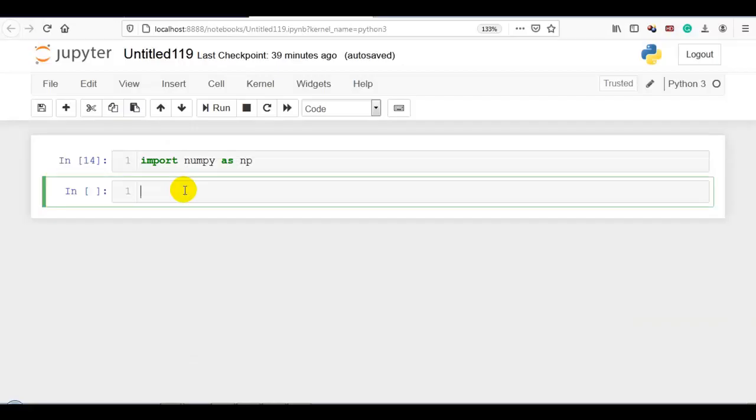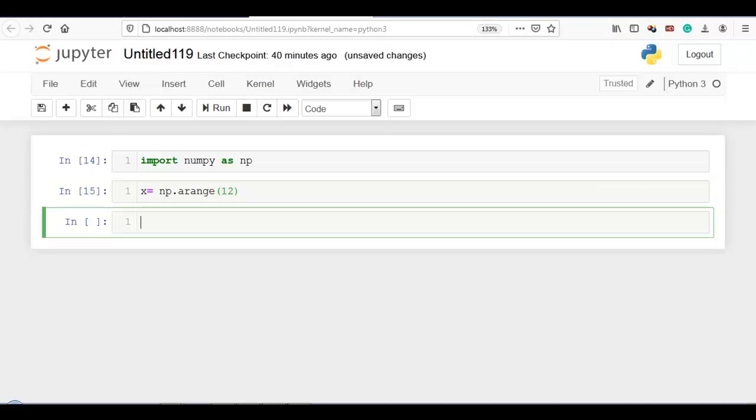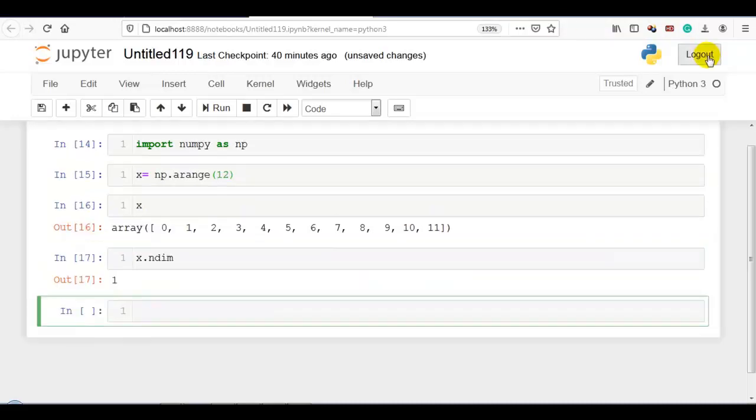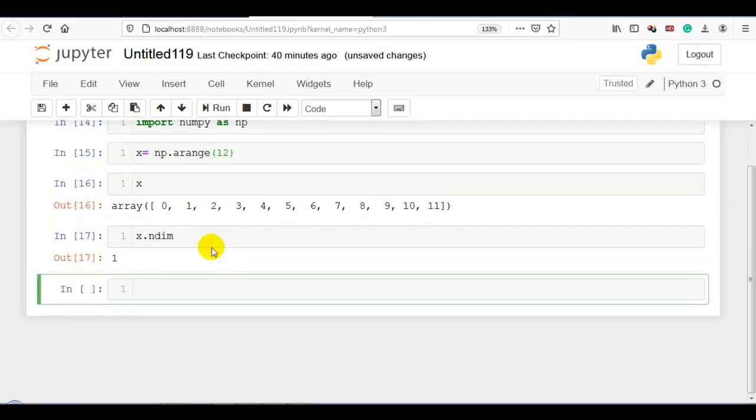Okay, now let me explain another way to use the reshape function. To explain this, let me first create a 1D array using arange of 12 elements. It's a 1D. Up to now we have been using the reshape function like this: np.reshape, then array and new shape.